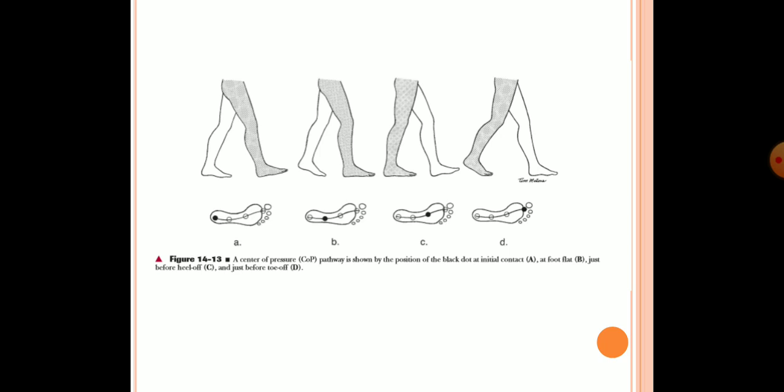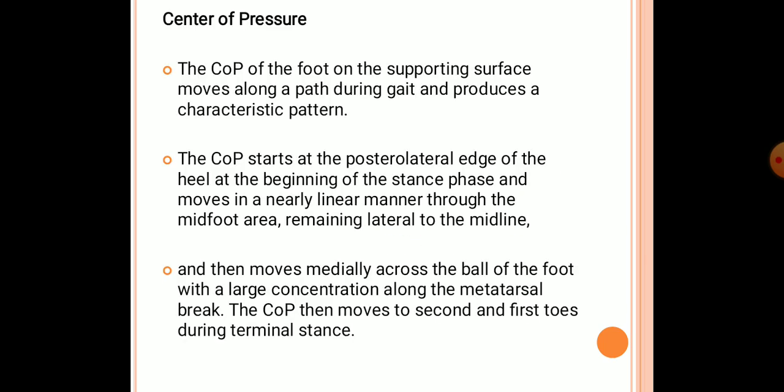That means if we are in a mid stance position or an early stance position, the center of pressure is moving into the midpoint, and when it comes to the late stance, it is almost coming to the front, and when it comes to the toe off phase or the heel off phase, the exact center of pressure is coming to the toes. So that's what is happening to the center of pressure in accordance with the progression of gait,